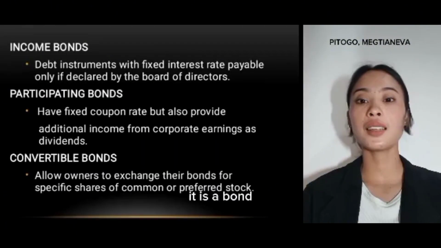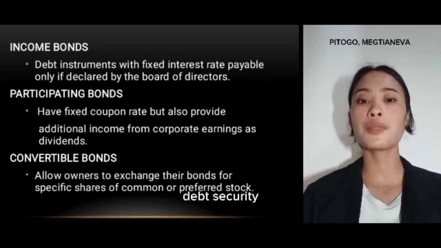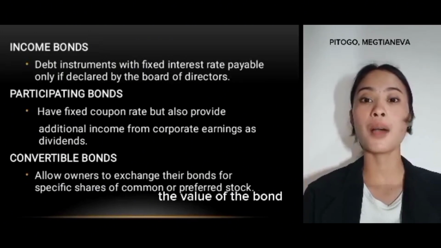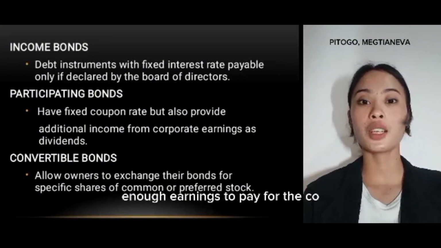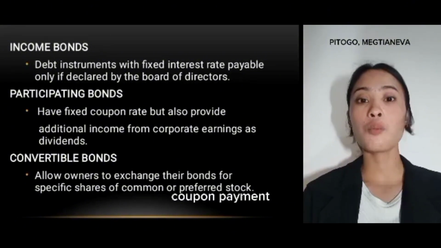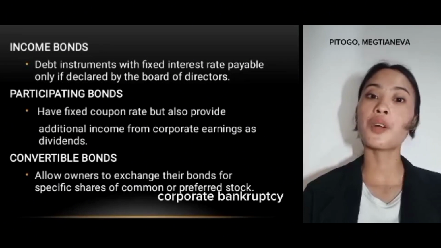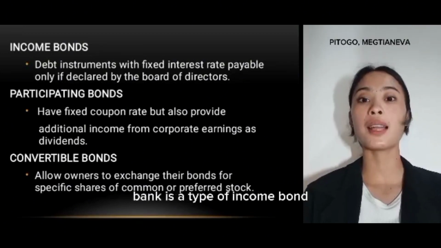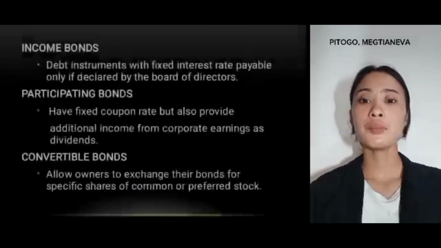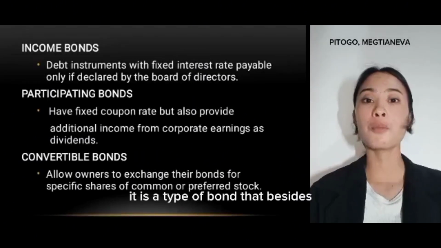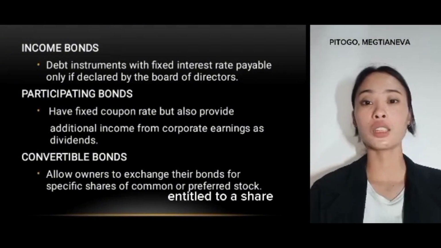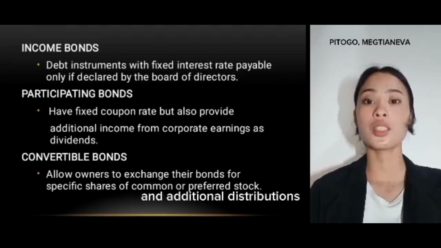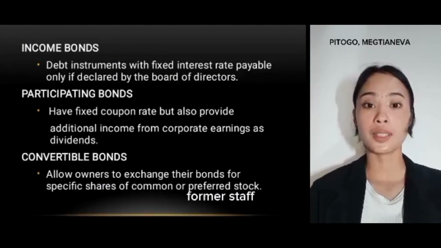And the income bond is a type of debt security which only pays the coupon payments if the issuing company has enough earnings to pay for them. In the context of corporate bankruptcy, an adjustment bond is a type of income bond. A participating bond is a type of bond that, besides being entitled to interest at a fixed rate, is further entitled to a share in additional distributions on a specified basis with the common stock of the issuing